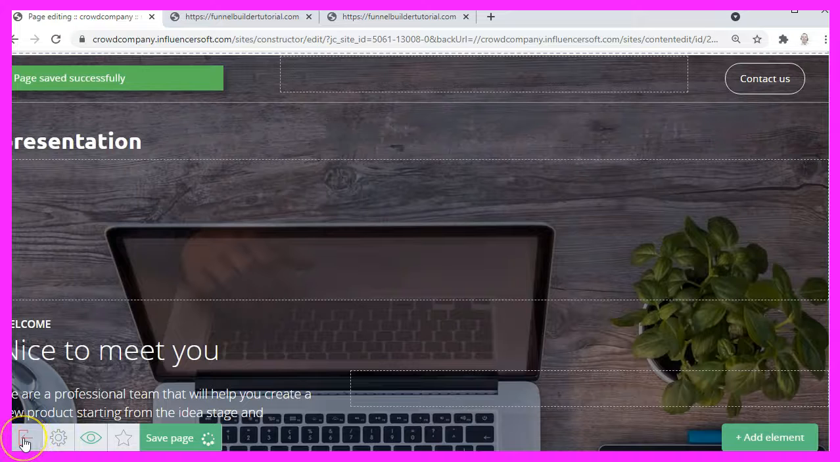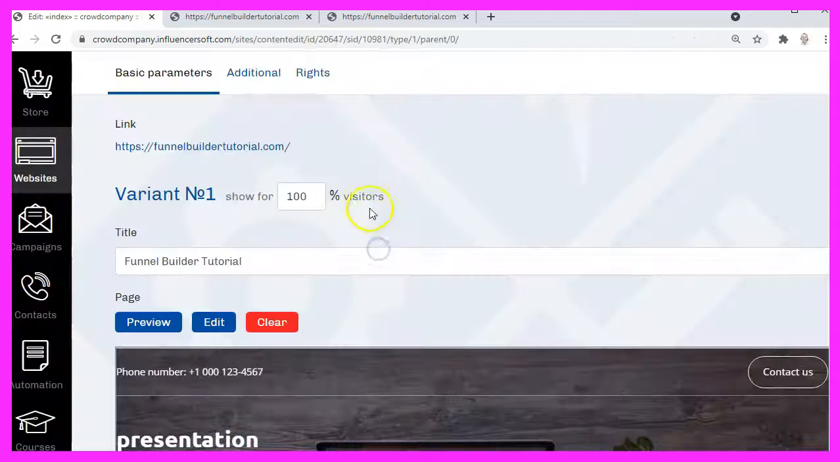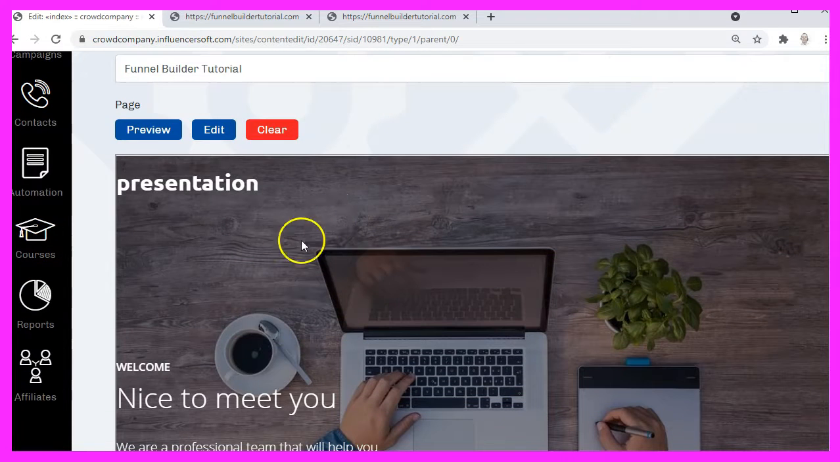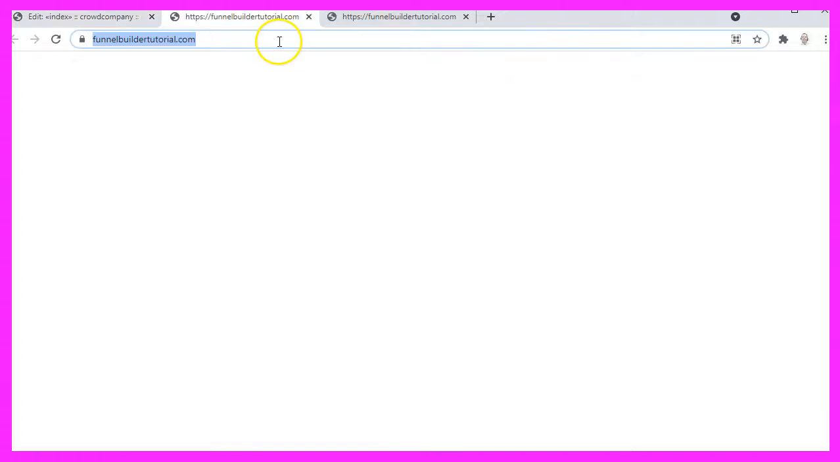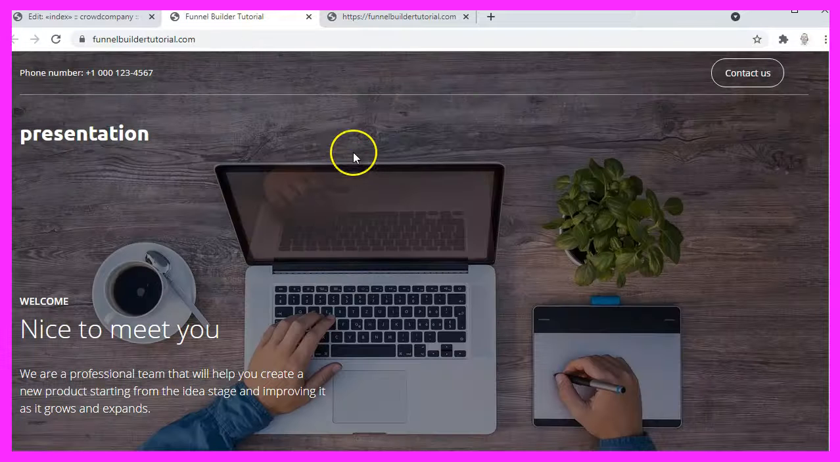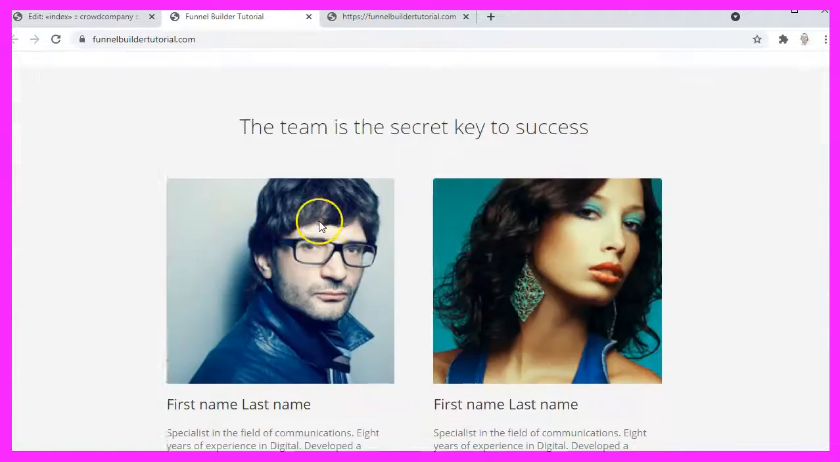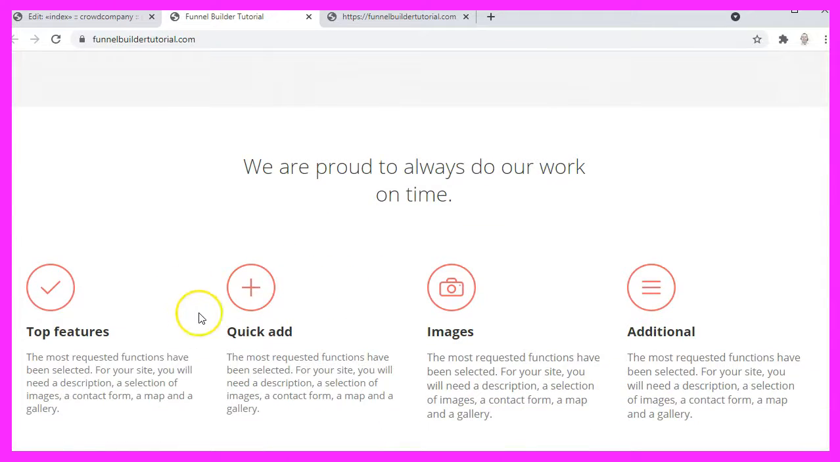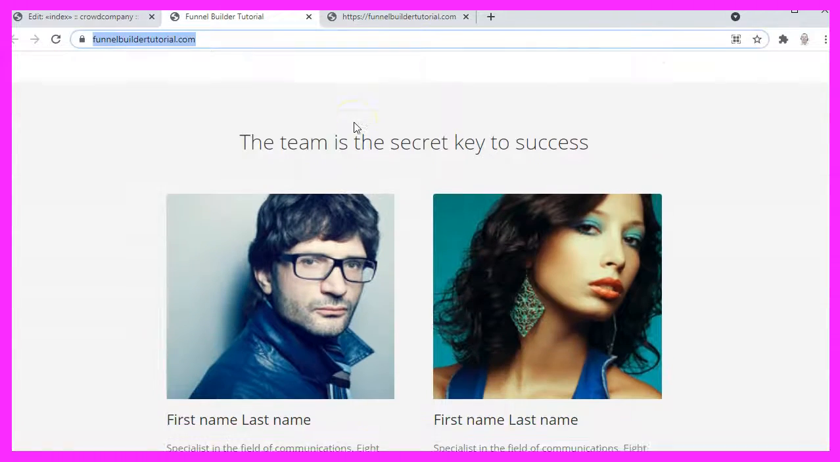And on the little red door symbol. Yes, I want to exit. Afterwards I will see the preview of my web page in the web page builder. And when I now try to open my domain, it comes up right away. This is already working. Of course, you can now go and adjust all the content, but this is a topic